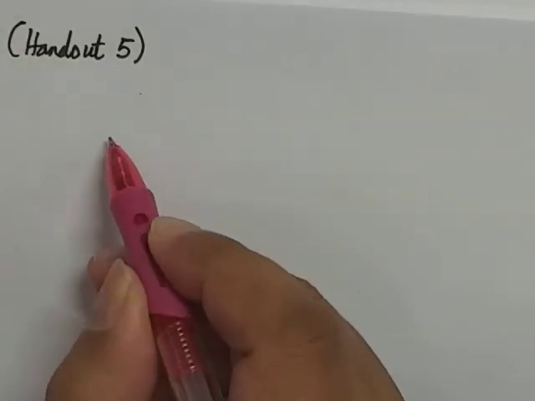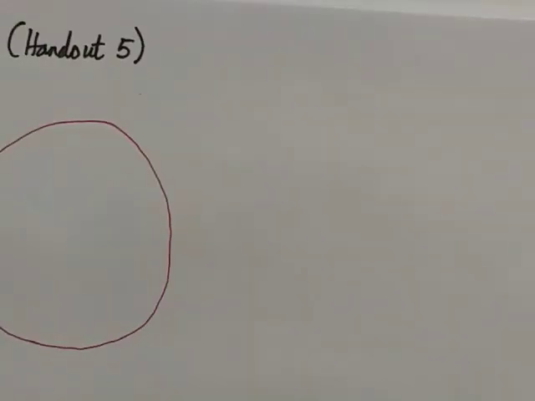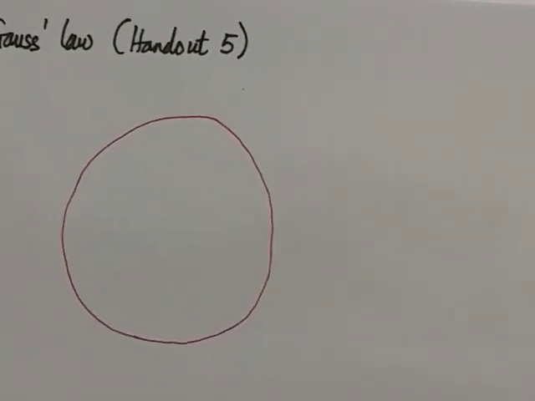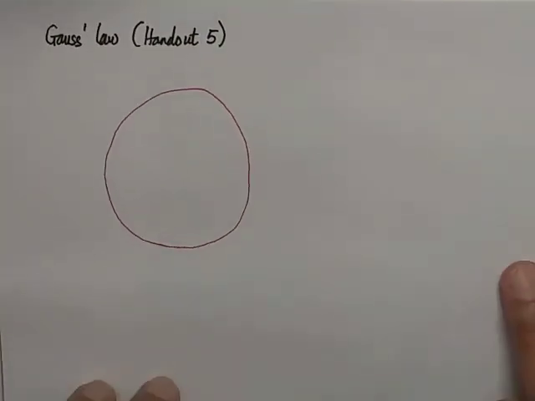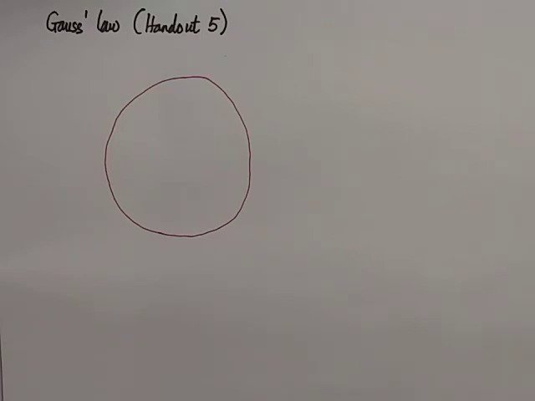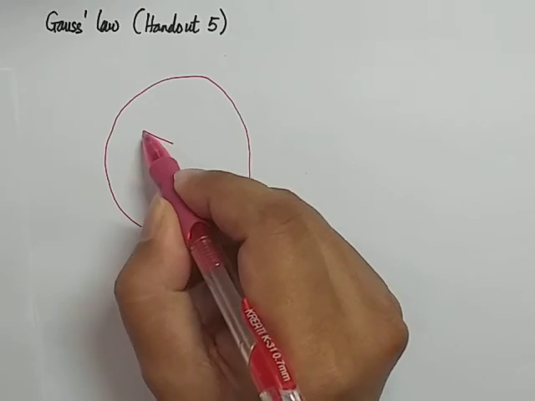So what we have is a sphere, a thin sphere, okay, so that should be our thin sphere with radius given as A,